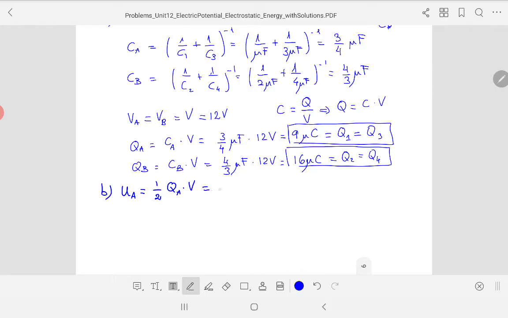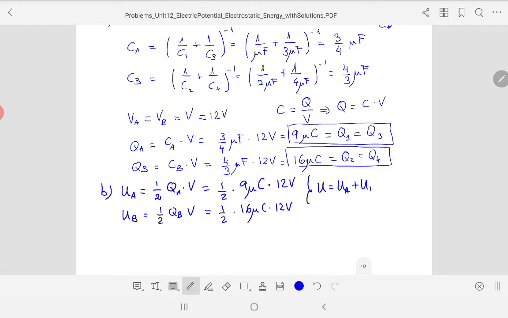So this is 1/2 times 9 microcoulomb times 12 volts, and the same for B, 1/2 QB V. This is 1/2 times 16 microcoulomb times 12 volts, and if we add everything together, A plus B, this is going to give you